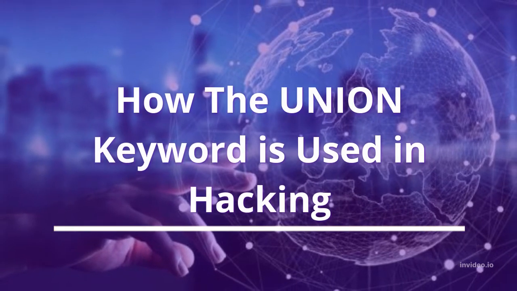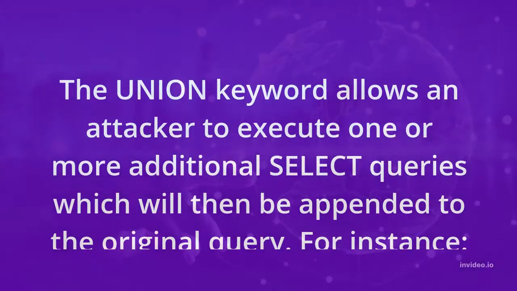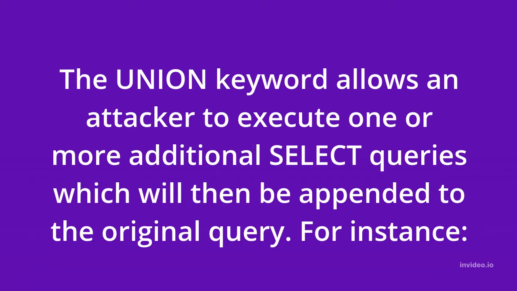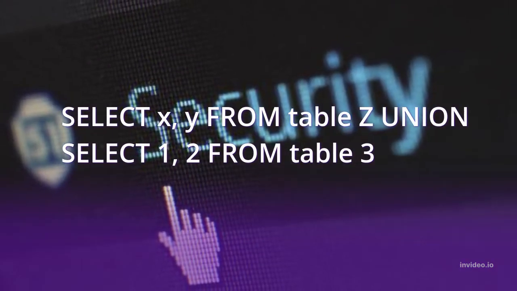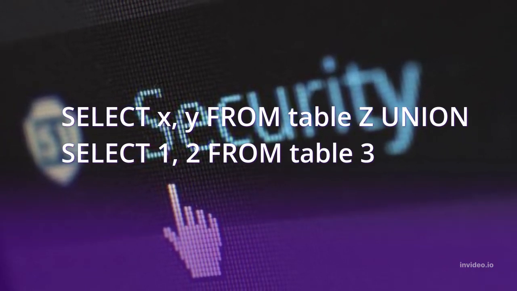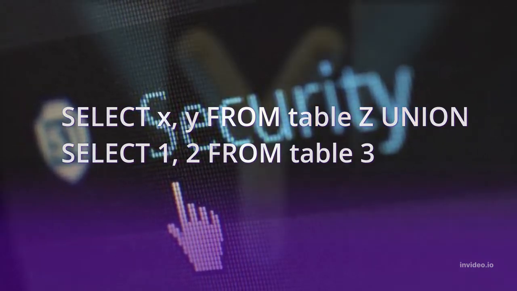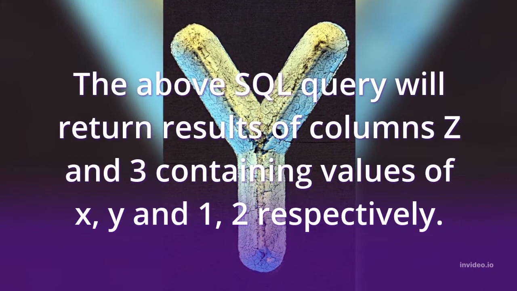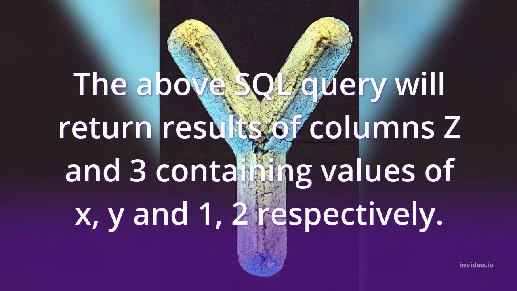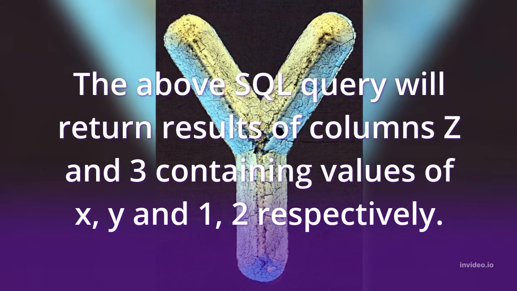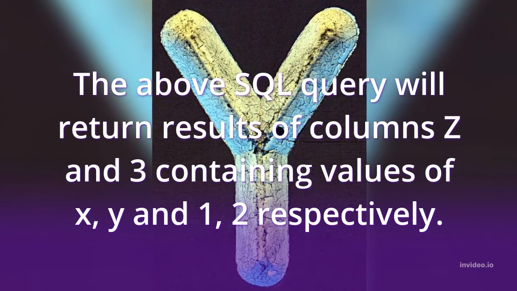How the union keyword is used in hacking. The union keyword allows an attacker to execute one or more additional select queries which will then be appended to the original query. For instance, select X, Y from table Z union select 1, 2 from table 3. The above SQL query will return results of columns Z and 3 containing values of X, Y and 1, 2